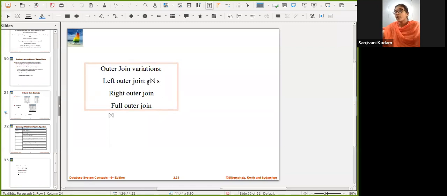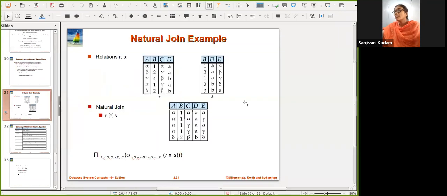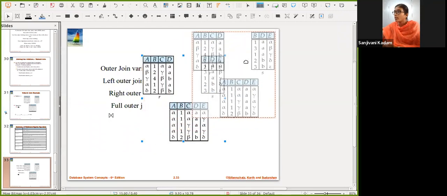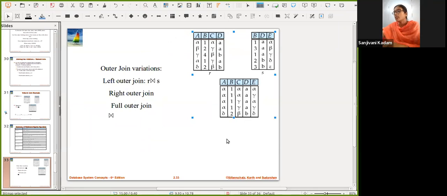So left outer join means that wherever there is a result of natural join, natural join only gives me the matching rows of the pairs. Wherever there is a matching, only those rows are given to me as output. But when it comes to the outer join, the outer join works extra compared to the natural join. In case of left outer join, wherever we are considering a left relation, in addition to the tuples of my natural join output, this will also combine the remaining R tuples.